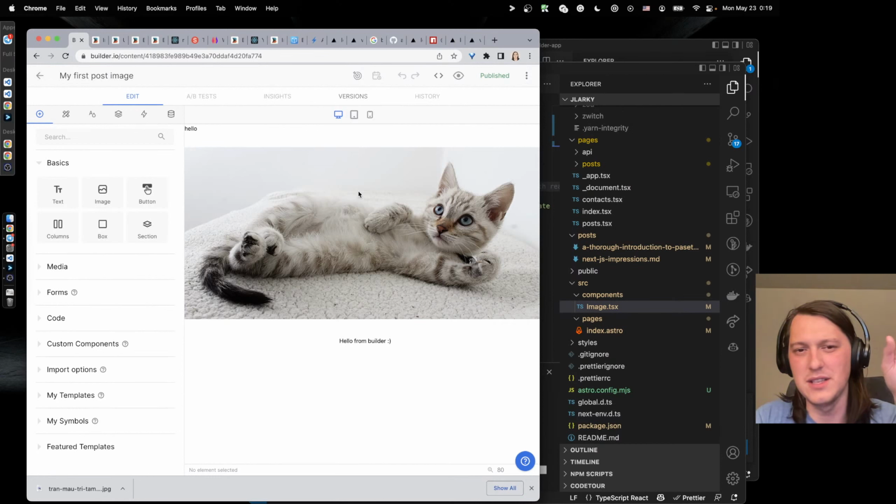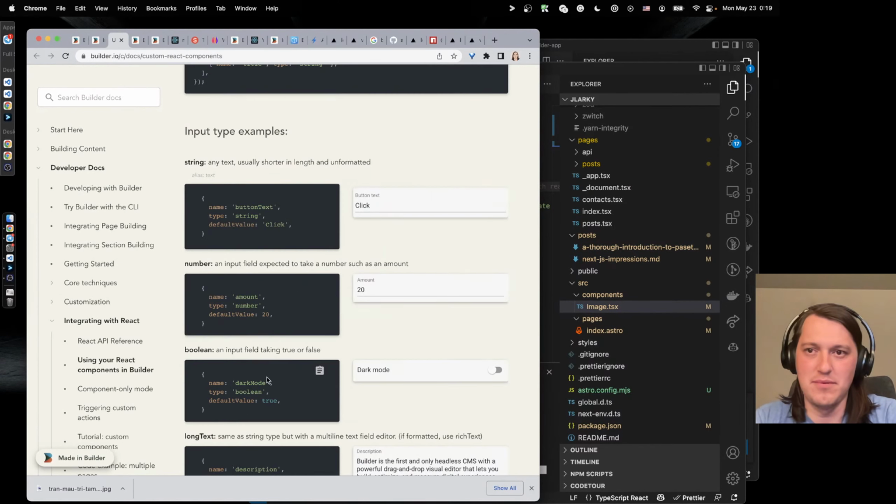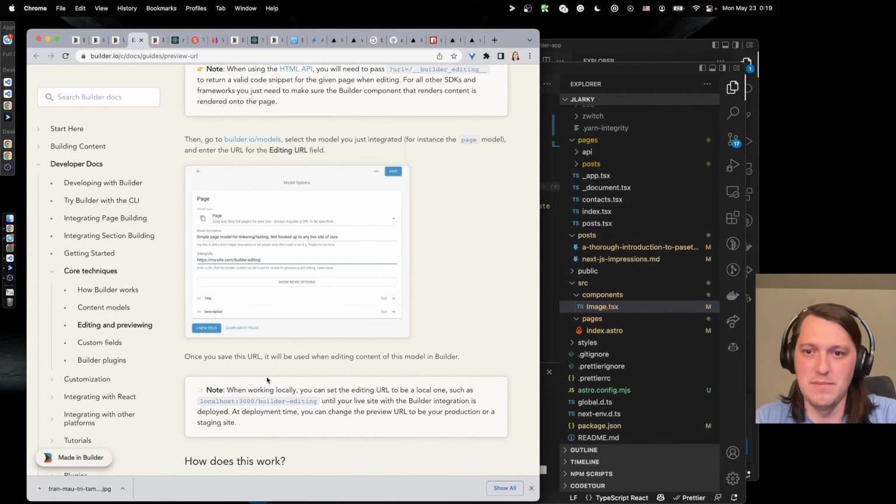But I don't see the other SSG or SSR approaches being too optimized. And yeah, probably Svelte and Vue and stuff, probably most of it works, but it doesn't seem like they're targeted.